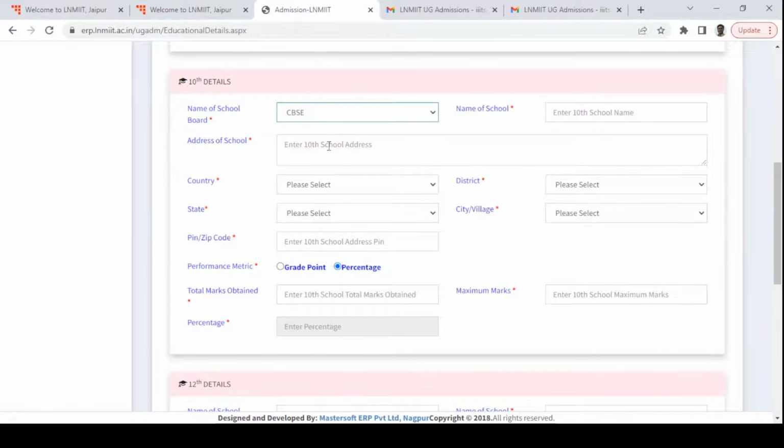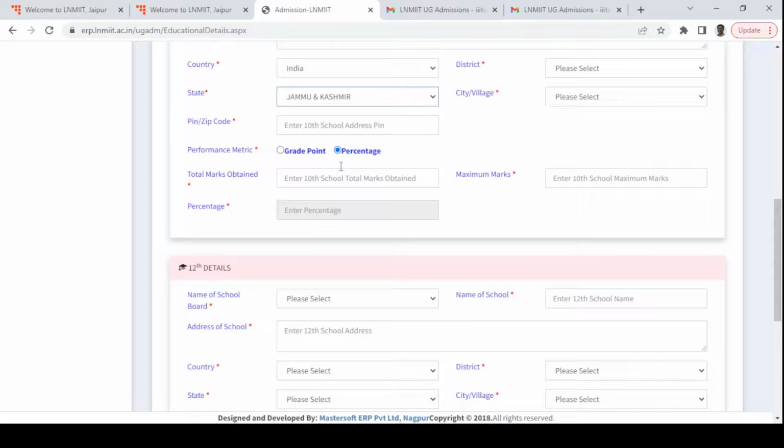The board of study, name of school, then the address of the school, again country, once you select the state. So let me choose another state this time. So I take maybe Punjab. Then you go to the districts and the village or city of your school. Then the zip code